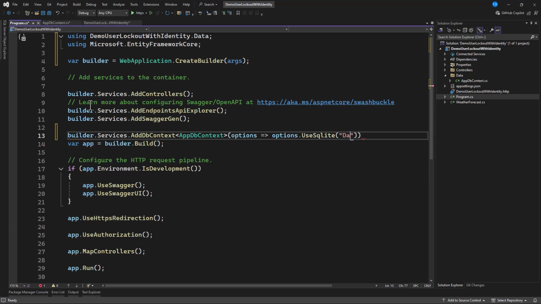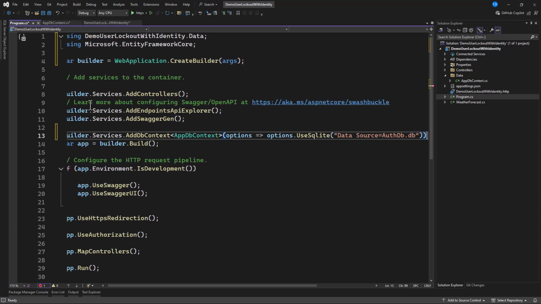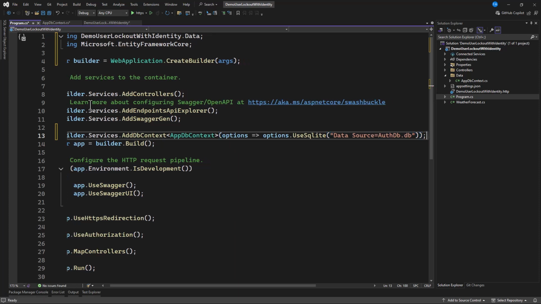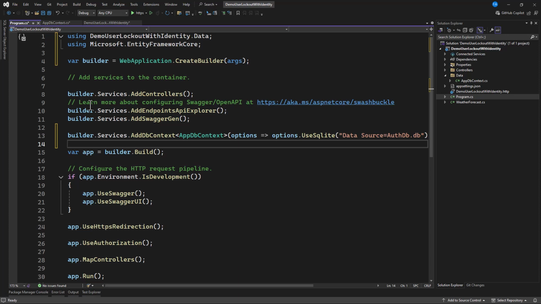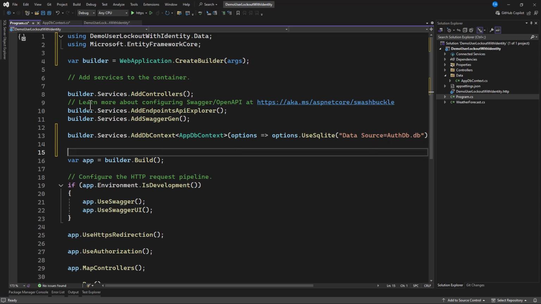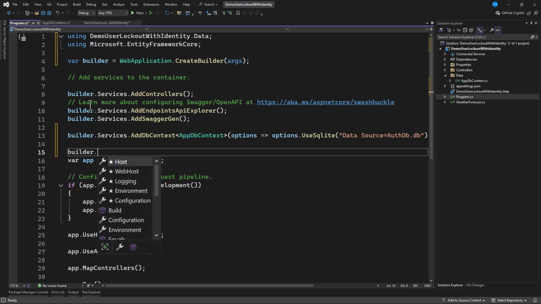And now here I can specify my database. So data source is equal to auth.db. Terminate this. So we are done with our connection. The next thing to do here is our authentication. So let's handle it with